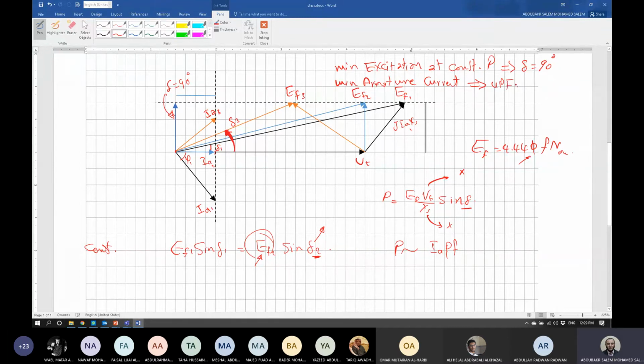صح ولا غلط شباب? So from the phasor diagram here, we could observe many things. We could observe the locus of EF and IA. We could observe that at delta equal 90 degrees, we have minimum excitation, okay, and the minimum current is obtained when the power factor is unity. تمام؟